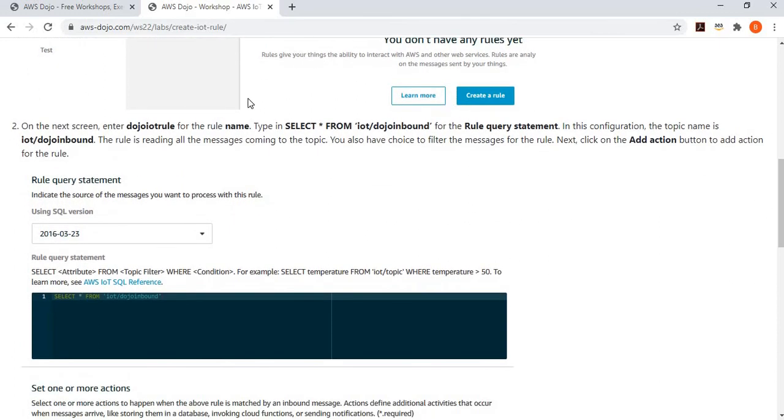And we give this rule a nice name called Dojo IoT Rule. Generally, when you're defining a rule, you're saying that I want to read a message from somewhere. And as I mentioned earlier, when you're using IoT Core and device communication, the communication is based on a publish-subscribe model, and the messages are published to a topic. So we need to tell Dojo IoT Rule a topic from where it will read the messages which are published from the device. And that topic in this case is